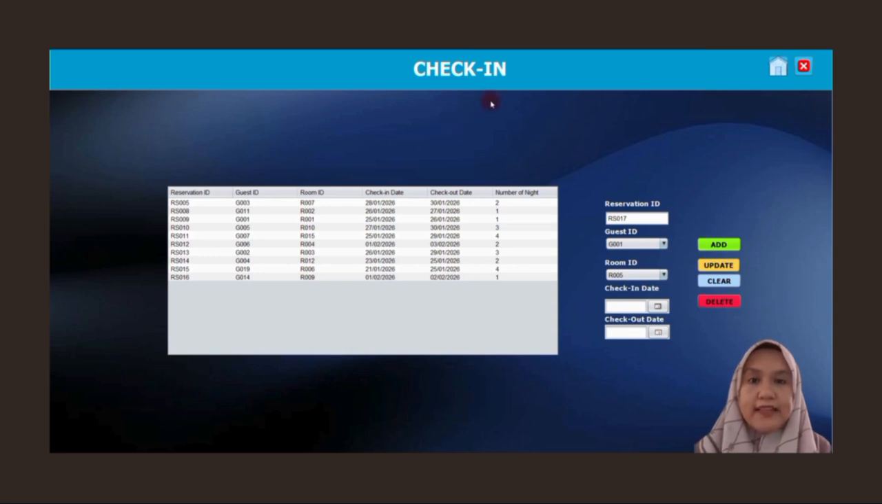Now, I will explain the check-in page of our hotel management system. This page is designed to manage guest check-in efficiently and reduce manual work at the reception. On this screen, we can see two main sections. On the left side, we have reservation records displayed in a table, and on the right side, we have the check-in